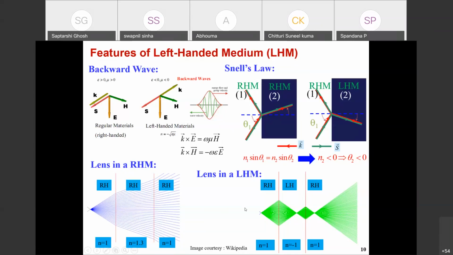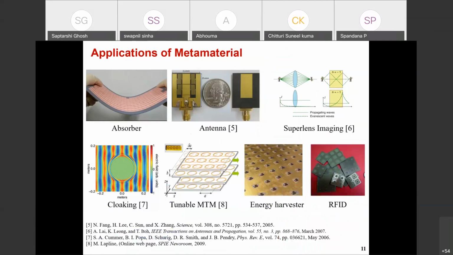etc. So therefore, you can consider there are numerous applications for right-handed or left-handed metamaterials. What are those applications? You can consider absorbers, antenna miniaturization, super lens imaging, cloaking, which is used particularly in reducing scattering RCS, tunable metamaterials, energy harvesting, or RFID. And so there are numerous applications. So let's describe some of those conventional commercial applications or the well-known applications of metamaterials in this